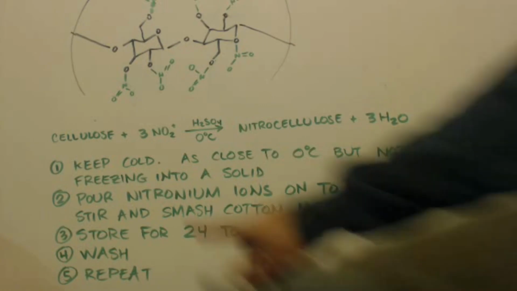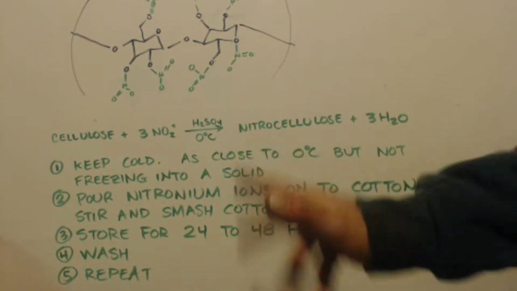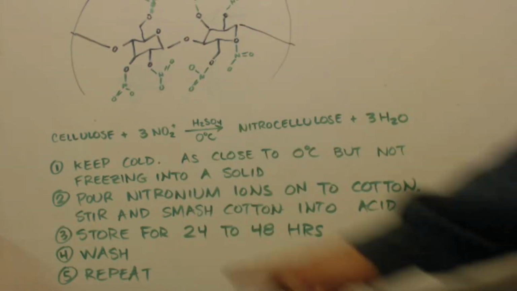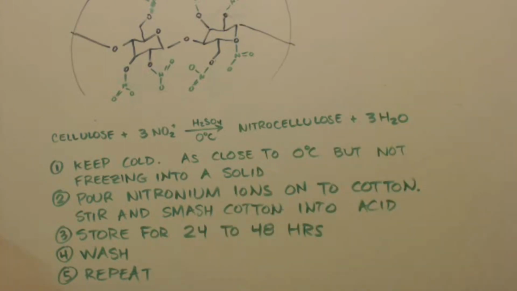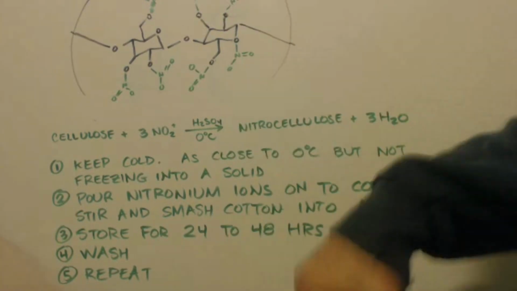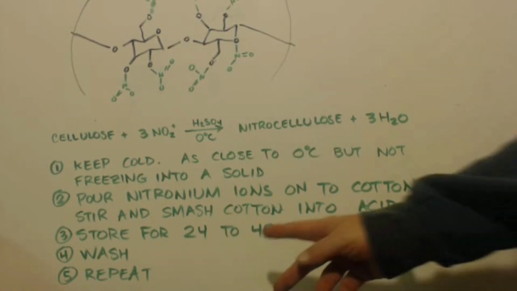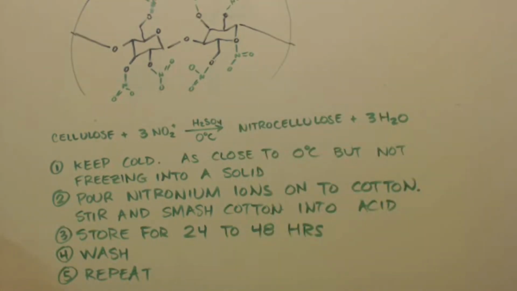You want to keep everything as cold, close to 0 degrees Celsius, but not freezing into a solid. What good is a solid? How's anything going to interact in a solid? Second, I'm going to pour my nitronium ions onto cotton, and then stir it and smash the cotton into the acid and make sure it all gets in contact with it. Store it for 24 to 48 hours, keeping it at 0 degrees. Then